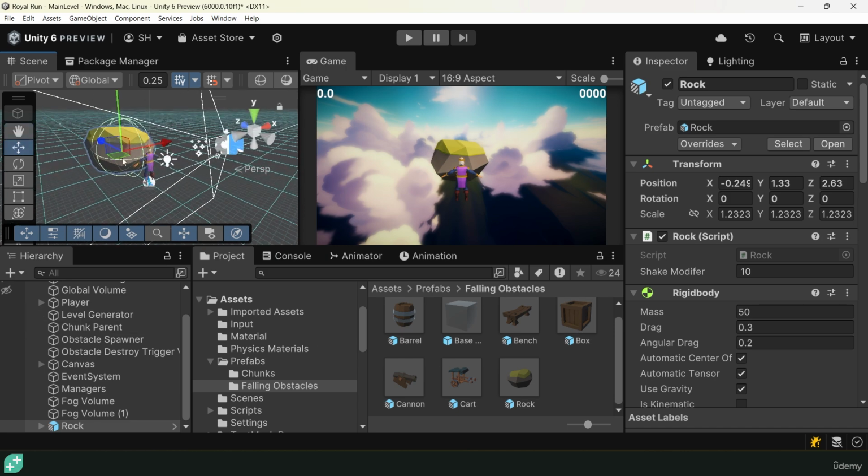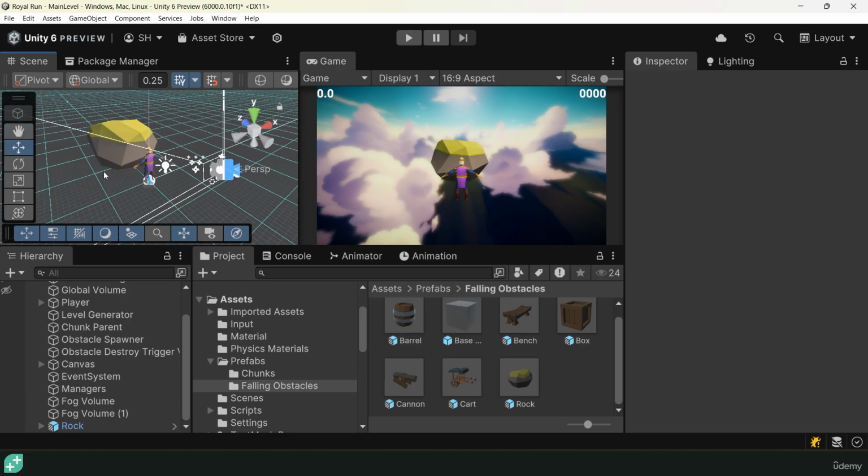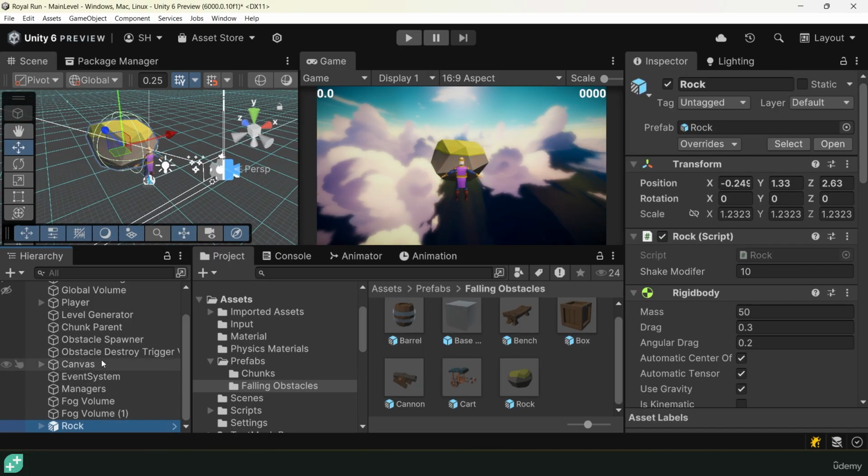I think it would be really cool if every single time our rock collides with really anything in our scene, but mainly the bridge, a rock mesh particle system actually is instantiated, or more specifically, I should say fires. I don't think we're going to be instantiating each one. Just plays at the collision point of the rock. So let's go ahead and get this particle system rigged up first, and then we'll fire it off